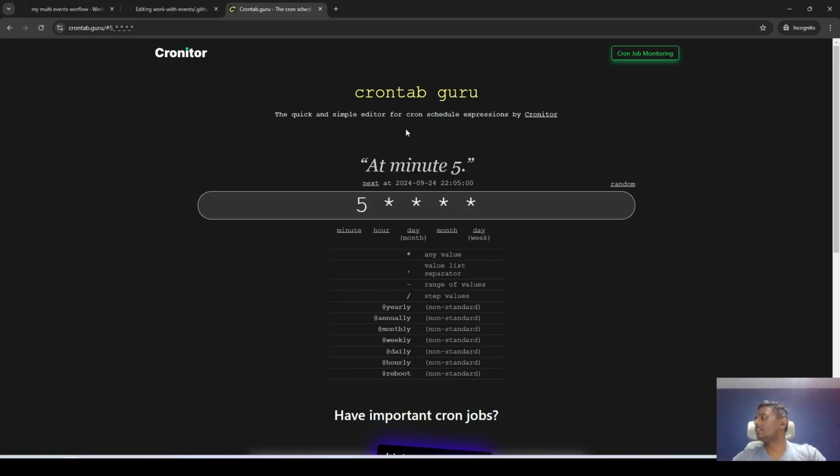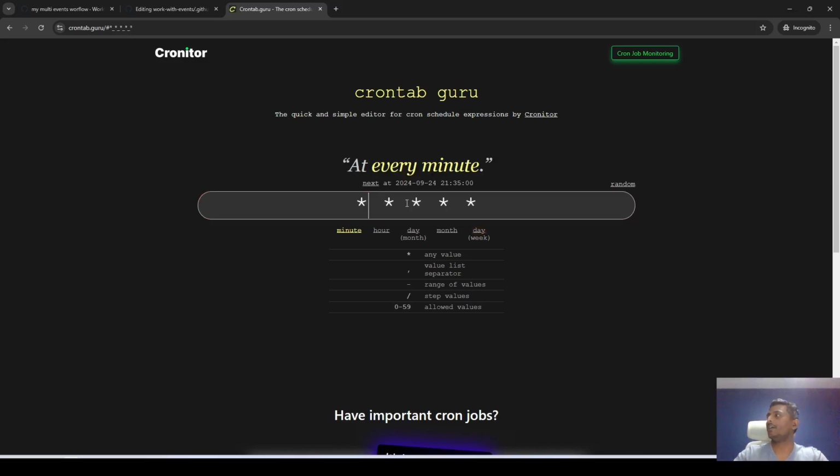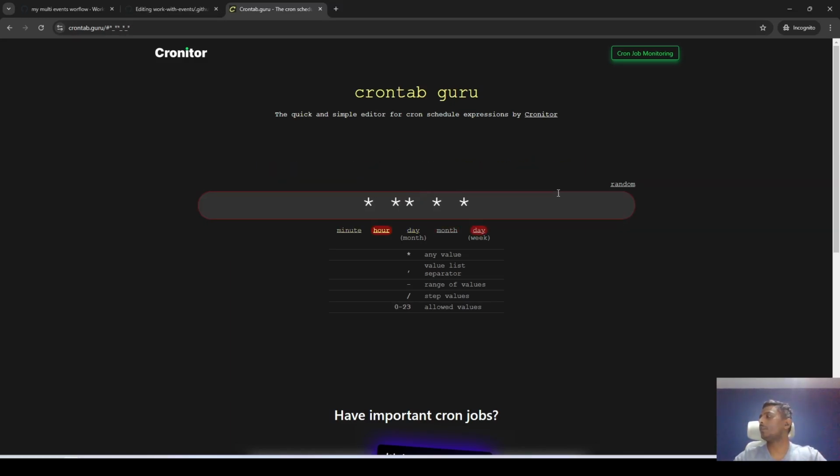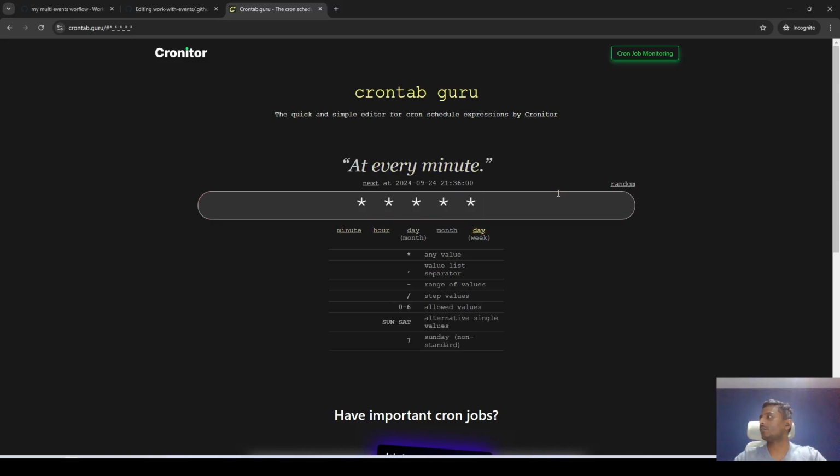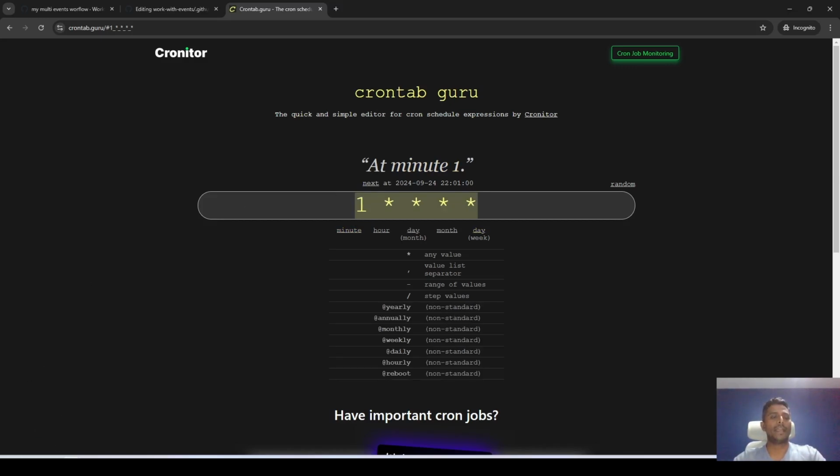So let's say if you want to run every 5 minutes, this is the cron job you want to put for running it every 5 minutes. If you want to run it every 1 minute, you do it every 1 minute. And if you want to run it every 1 hour, this is what you do, 1 hour and 1 month. So this is really helpful, and you can play around with it if you like. But at the moment we want to do it every 1 minute, so it won't waste our time waiting for it to run. So we copy this,